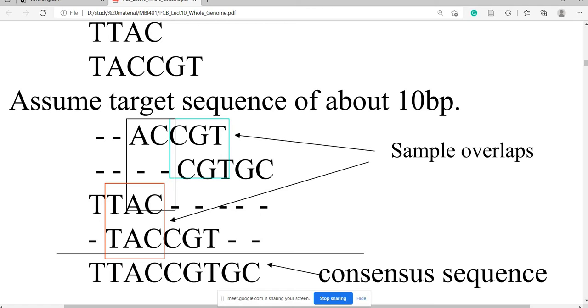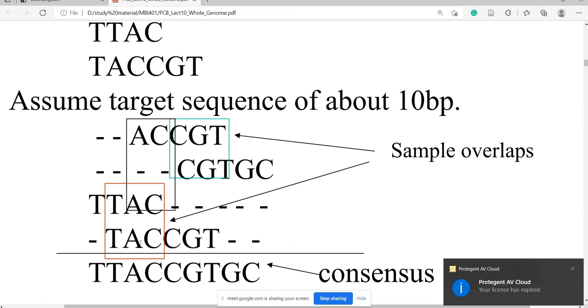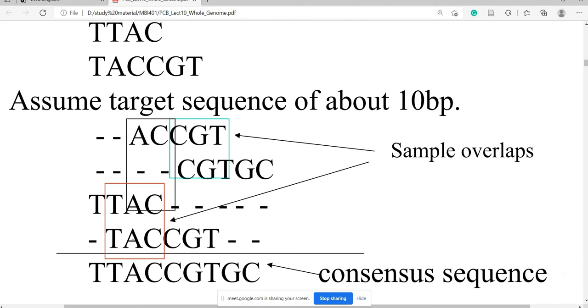So now we can conclude that before AC there is a T residue. T is also present here, and here there is no residue. So we can assume TT. TT is present before A in the first sequence also. So we can make the complete sequence. To the last also you can consider TACCGT. If you consider the fourth fragment and want to complete it, before T there is another T residue. Now this sequence has been completed.